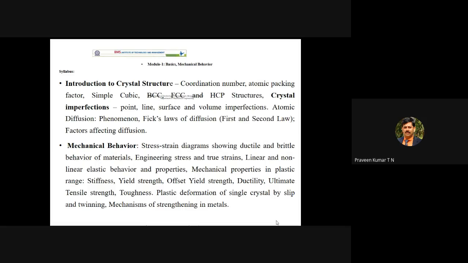The quantity of defects is very high. If you consider a 1 centimeter by 1 centimeter by 1 centimeter cube, the microscopic defects may be a few thousand up to a few lakhs. The defect level is very high. But what you studied in your physics or chemistry, FCC, BCC, HCP structures, that is the ideal structure or critical structure. Because of many other parameters, and I have given some examples like fast cooling, there may be some defects formed